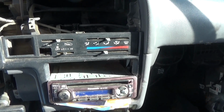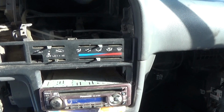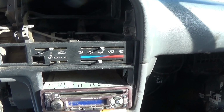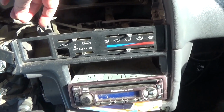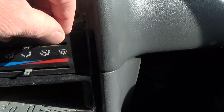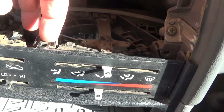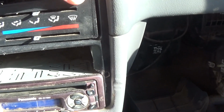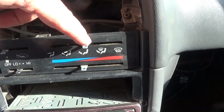Hey, I just want to make a quick video showing you how to change the light bulb behind your climate control here. So the way this works, you want to get something flat, put it in there and pry it out, and you can see the top, there's a little tab, but don't worry about that. When you pry it out here, actually the first step is you just center up all your controls and pull